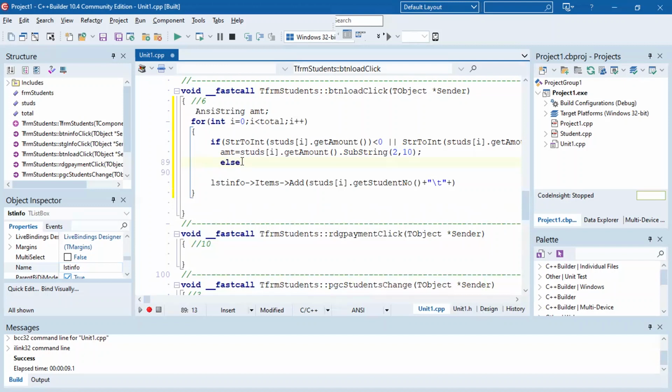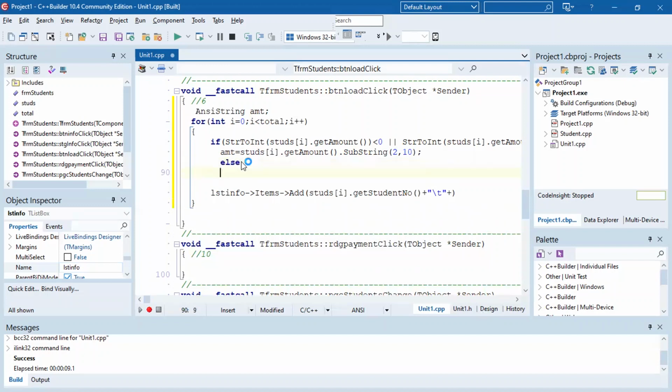Oh, there is a need of else. Else, just like that. Then we are going to say